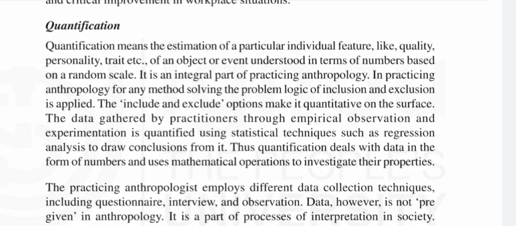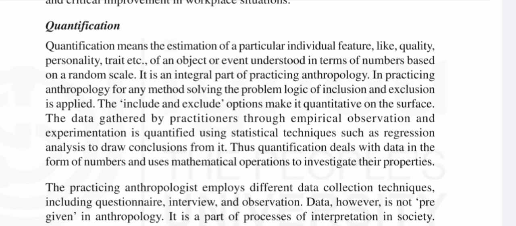In practicing anthropology, for any method of solving the problem, the logic of inclusion and exclusion is applied. The include and exclude option makes it quantitative on the surface. The data gathered by practitioners through empirical observation and experimentation is quantified using statistical techniques such as regression analysis to draw conclusions from it. Thus, quantification deals with data in the form of numbers and uses mathematical operations to investigate